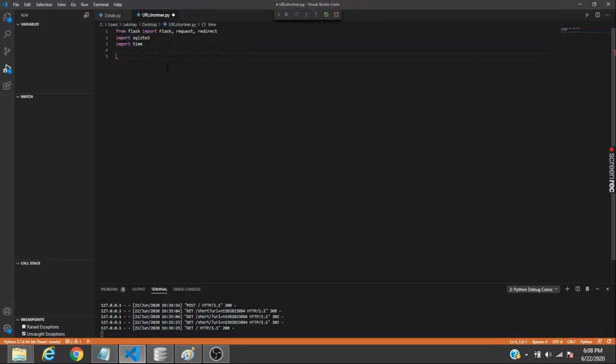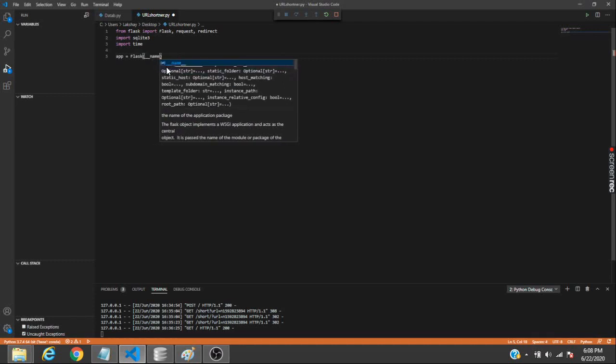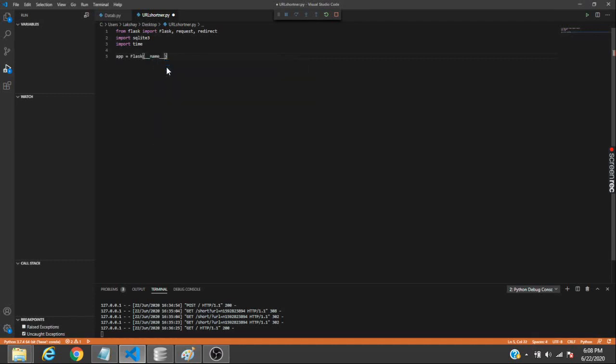Now we need to define our application. This is a basic application and an example, so app will be Flask, and what would be the name? We don't have any name for it, we'll make it without any module name. We'll start with app equals to this, and then we'll do